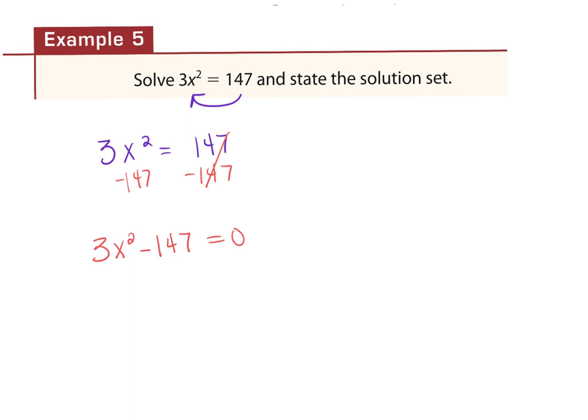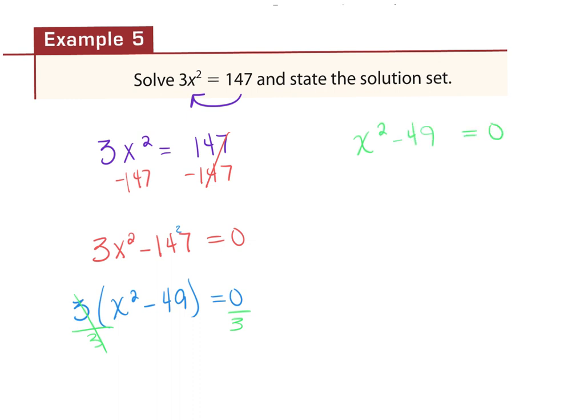Yeah, 3 actually goes into both of those, right? And so I can divide out that 3. So I'm going to take a 3 out here. I have x squared minus... 3 goes into 14 4 times, with a 2 left over. 3 goes into 27 9 times, equal to 0. Now remember I said when I have a constant come out, it can just divide itself out, right? So for solving purposes, that 3 just divides itself right out, and I have just x squared minus 49 equals